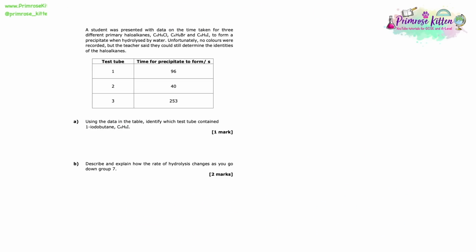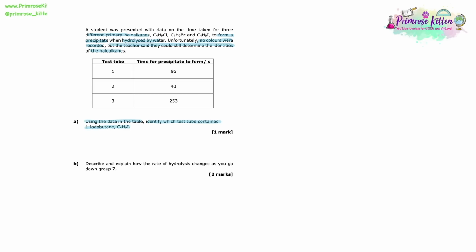The student was presented with data on the time taken for 3 different primary haloalkanes, C4H9Cl, C4H9Br, and C4H9I to form a precipitate when hydrolyzed with water. Unfortunately, no colours were recorded, but the teacher said that they could still determine the identities of the haloalkanes. So we're given a table with data, and we're asked to use this data to identify which test tube contained